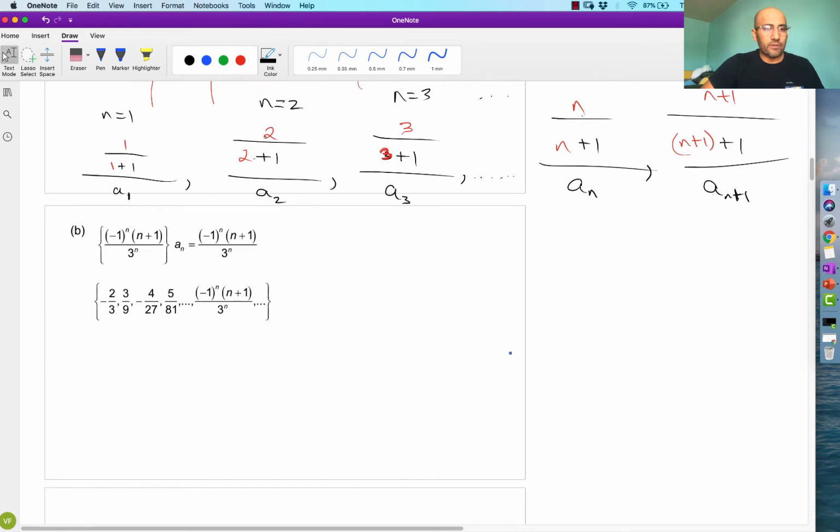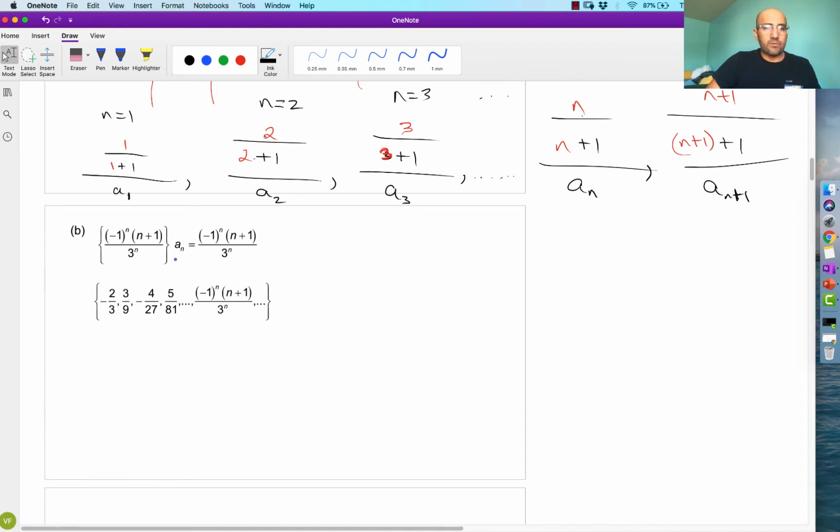All right, let's move on to the next one. So here we have -1 to the nth power. So as n goes from 1, 2, 3, 4, the sign will alternate, right? So this is one of the most common ways in which we can express a sequence where the terms have alternating signs: positive, negative, positive, negative. Then we have n plus 1, and then the whole thing divided by 3 to the power of n. So we're going to go over powers of 3 in the denominator. So this is one way to express that sequence.